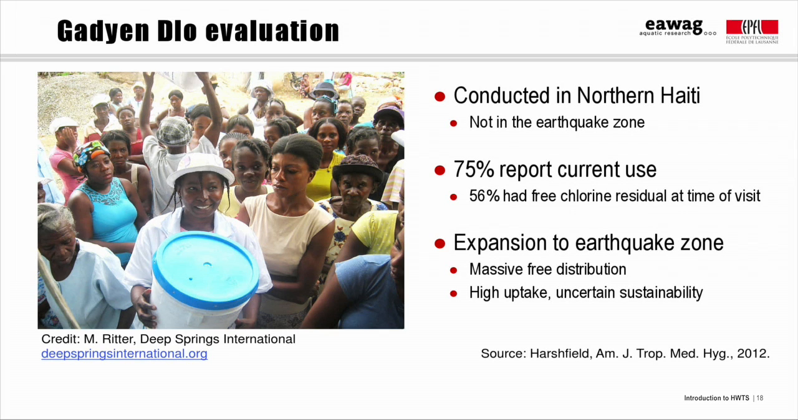This evaluation was made after the earthquake in January 2010, but focused on areas not affected by the quake. The Gadyen Dlo program was extended to the earthquake zone and accelerated greatly after the onset of cholera in the region in October 2010. 500,000 bottles of Gadyen Dlo were distributed in the affected areas for free. Use of Gadyen Dlo in the earthquake-affected zone has continued, but this may be due to continued distribution of free product. It's an open question whether people will be willing to pay for Gadyen Dlo once the free distribution period